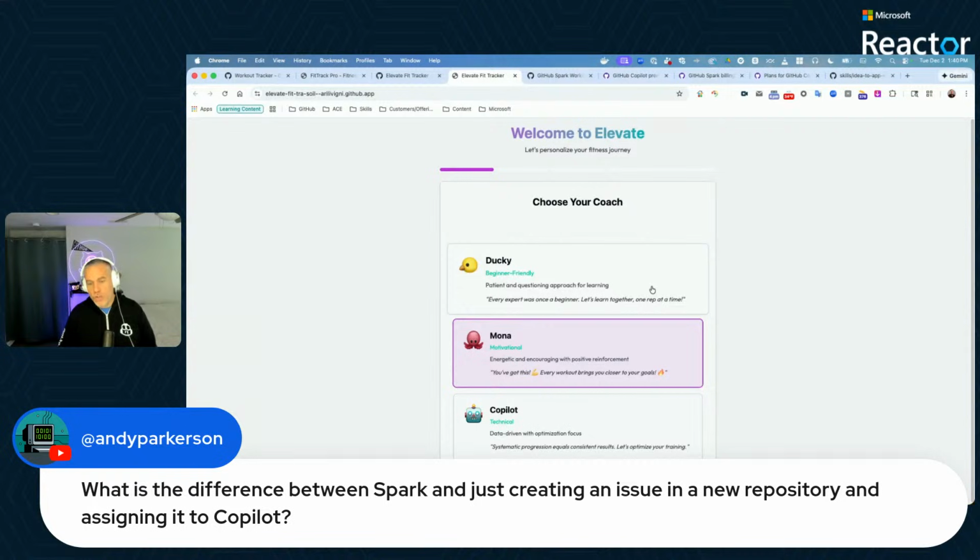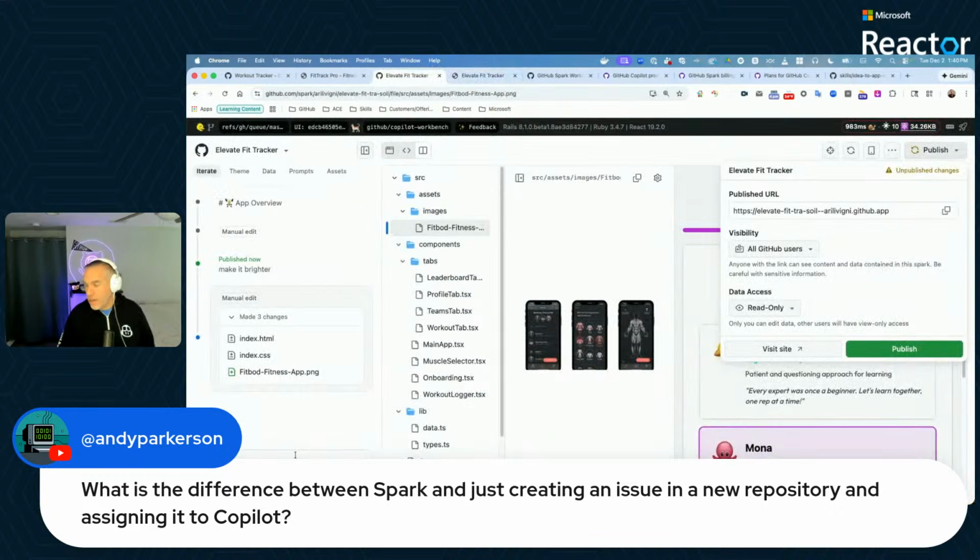Now, you're also working with Copilot in this GitHub Spark interface to iterate on that. In the case where you are opening up an issue and assigning that issue to the coding agent, Copilot coding agent, or CCA as some people call it for short,